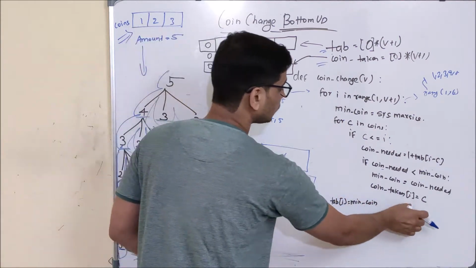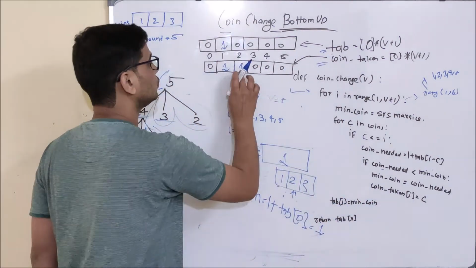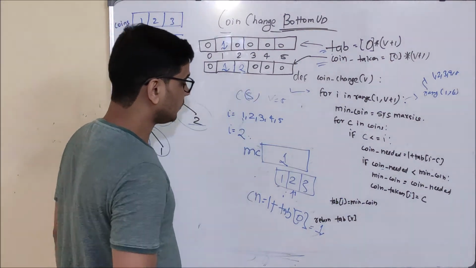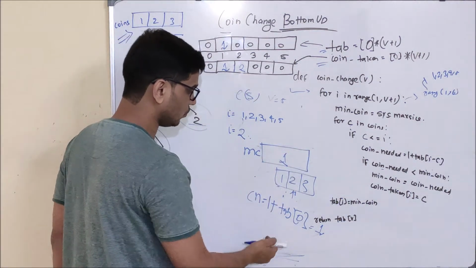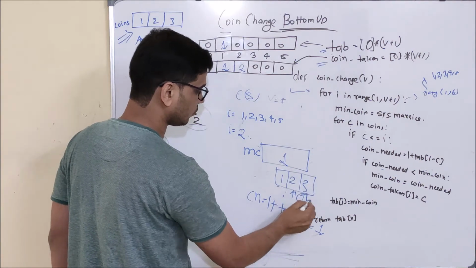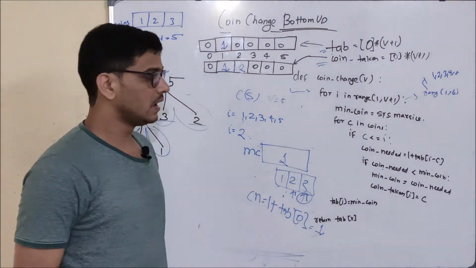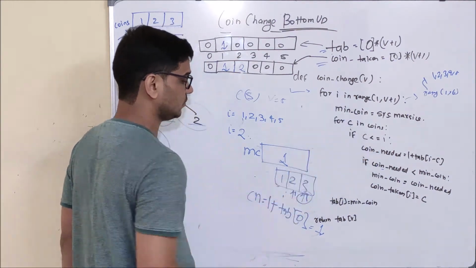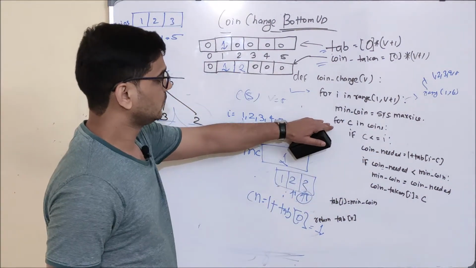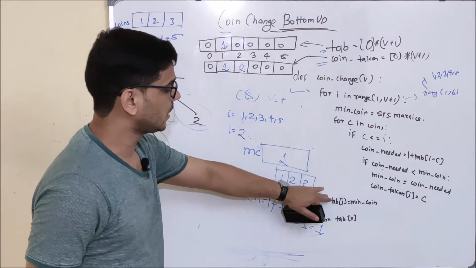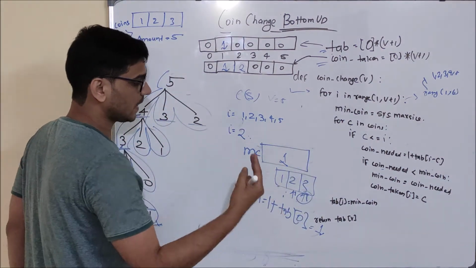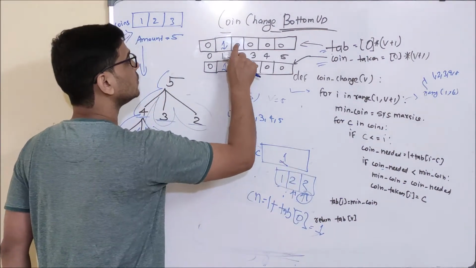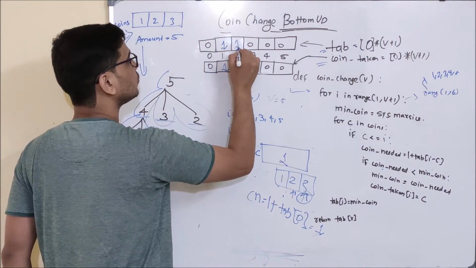And in coin taken of i I will update c, and c is 2. So here I will update 2. What this code will do is, it will connect this particular coin, that is 3 rupees coin. And again it will check whether c is 3 and it is 2. So this condition will be false. So this for loop will end and again tab of i will be updated. Tab of 2 will be updated with min coin. Min coin is equal to 1. So it will be updated to 1.